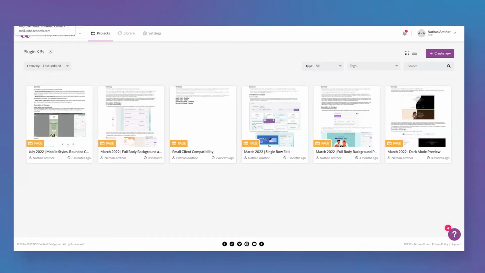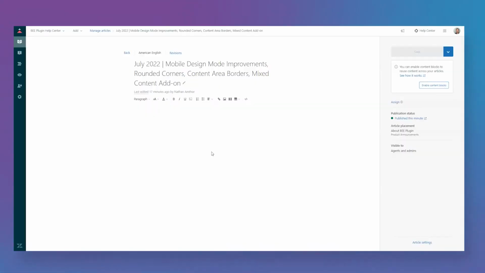Primarily for documentation for knowledge-based articles, we use Zendesk Guide, which is a pretty basic tool. It gives you a little WYSIWYG editor here. It's got a number of different features that you can use. You can insert tables, you can add images and videos, and it's perfectly adequate for the creation of a knowledge-based